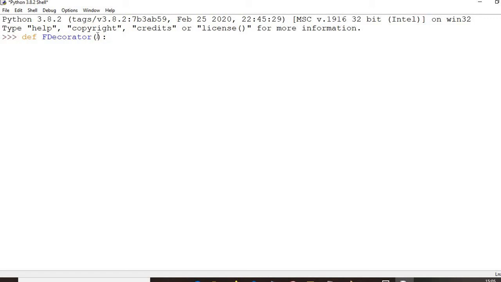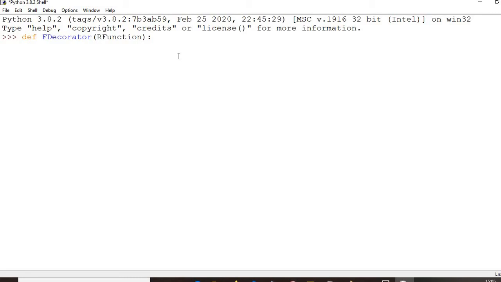Okay, so here I have the f decorator function, and let's say it is going to decorate a function r function. Okay, so it will decorate the r function. It will receive a function in r function as an argument. It will receive in this argument r function another function, a very simple function, and it will decorate it. So let's see how this decoration process actually works.